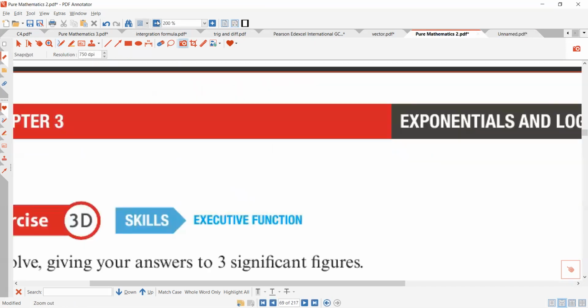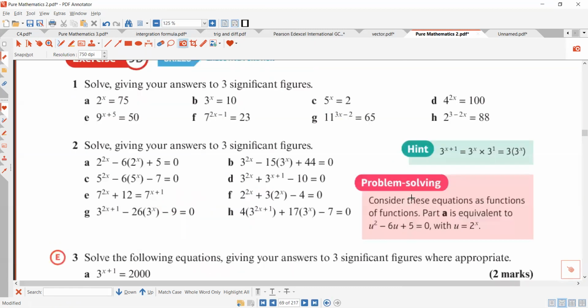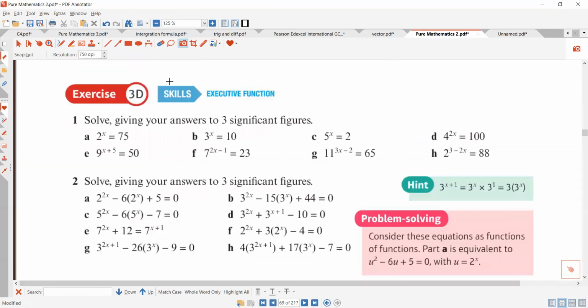Okay, so let's try the homeworks now. The homeworks are there. So please do exercise 3D from P2. Exercise 3D from P2. From question number 1, do G and H. 1 G and H. Question number 2, E